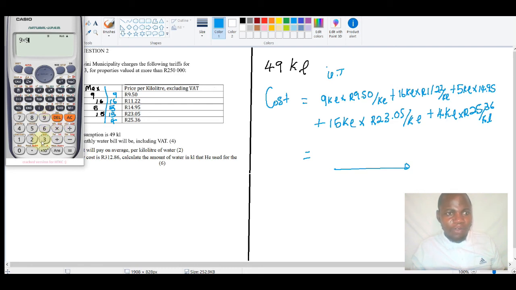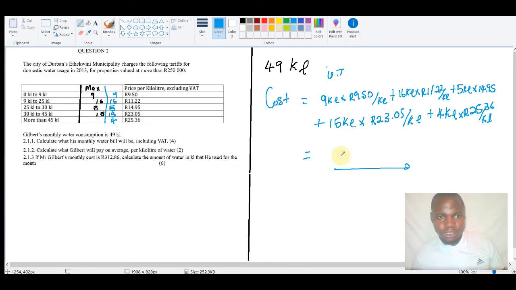Now you have 9 times 9.5, which is 9 rand 50, plus 16 times 0.22, plus 5 times 14.95, plus 15 times 23.05, plus 4 times 25.36, and then that is equal to